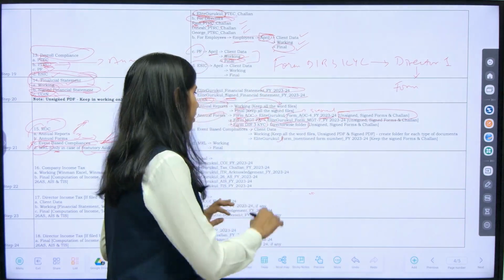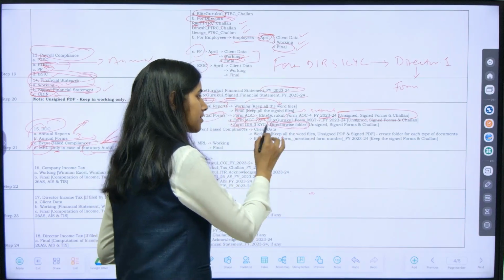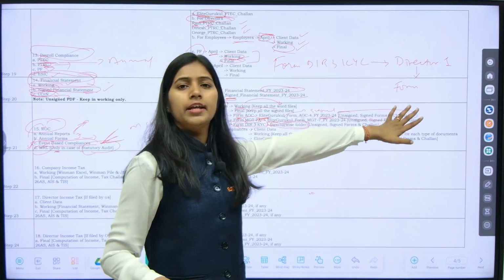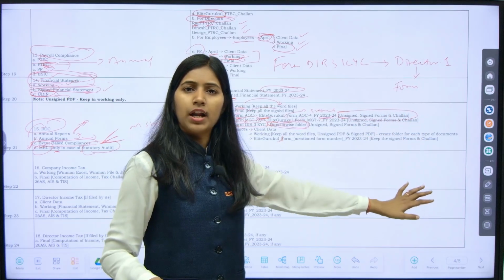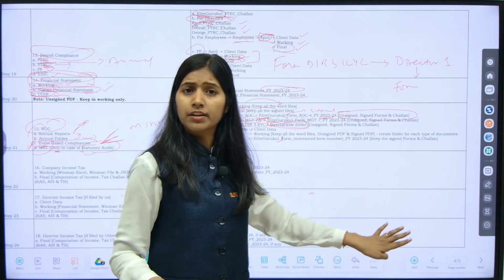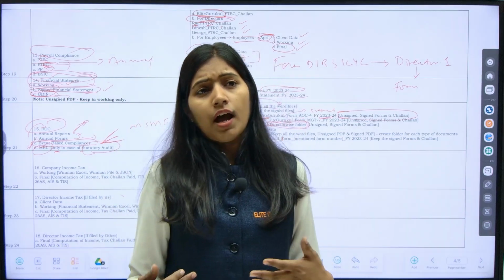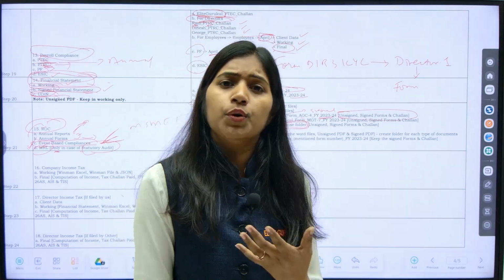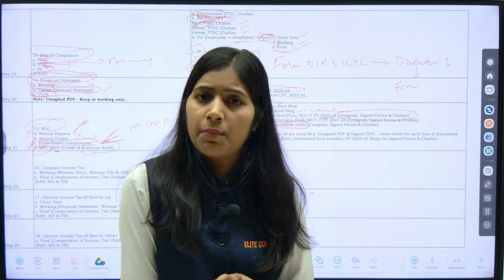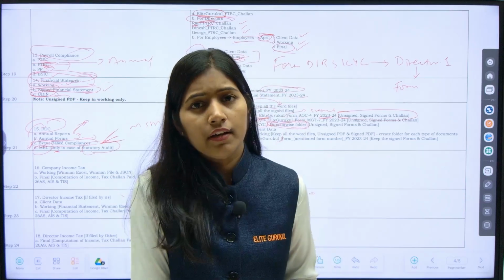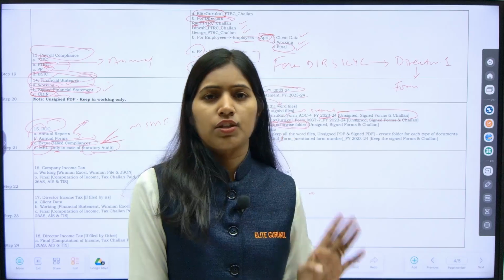If it is a web based KYC, again you create a director wise folder, no issues. Create a director wise folder, director 1, and keep the challan. Director 2, keep the challan. Director 3, keep the challan. Director 4, keep the challan. Likewise you are supposed to do. So how will it help you? If you want to see whether Aarti Vishwakarma as a director, her KYC has been completed or not, and if yes, then where is the challan? Then you go to the folder, and you will get the challan.